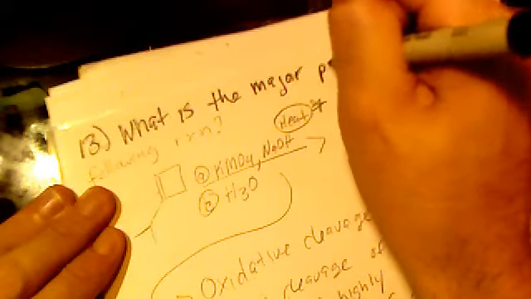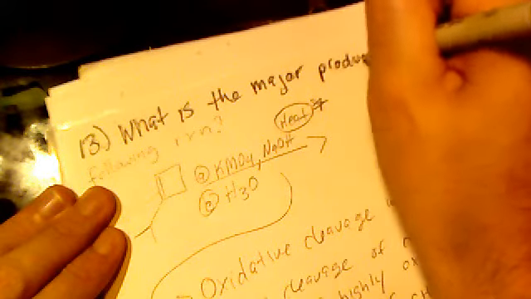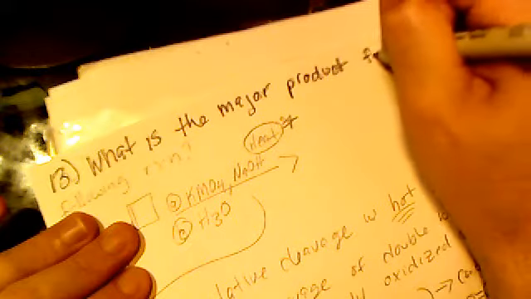Alright, so this is number 13 from the practice test. And it says, let me just fix this. That's, I think, good. So it says, what is the major product for the following